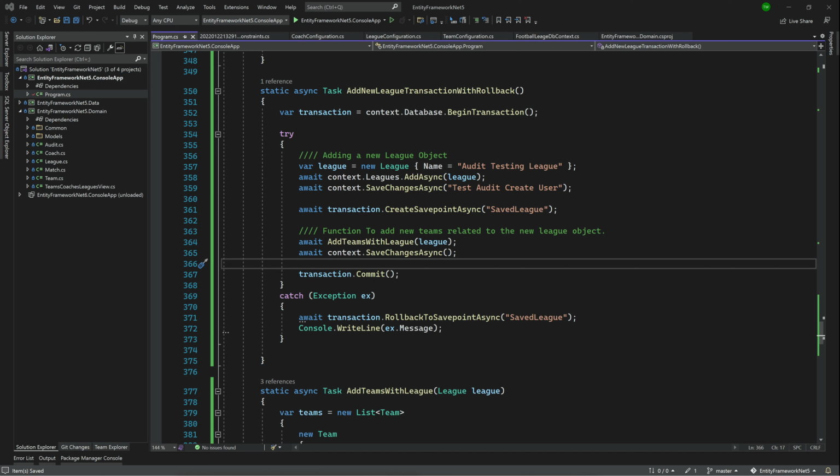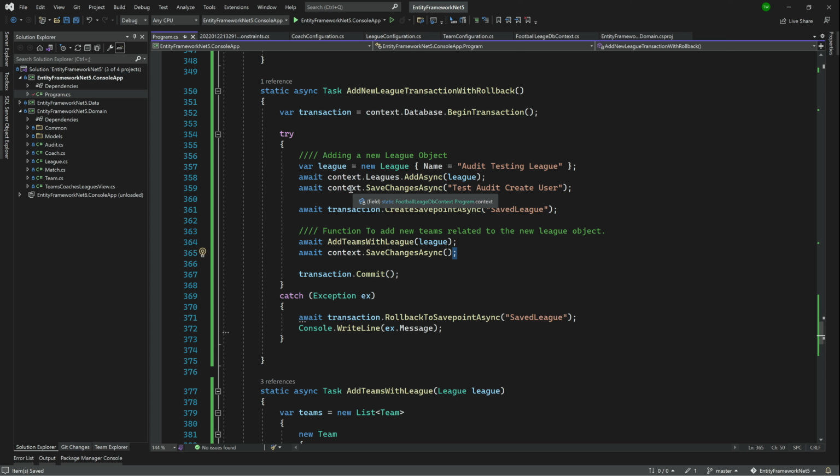So just to close this out, a transaction helps us to keep our operations atomic, meaning all or nothing, right? Everything is seen as one operation. And if the one operation fails, then everything inside of that operation fails. So by default, save changes does a transaction. However, it would usually do it up until when we have multiple things and we do need to save changes in between, but we would like to roll back those changes if one of the operations fails or one of the saved changes fails,